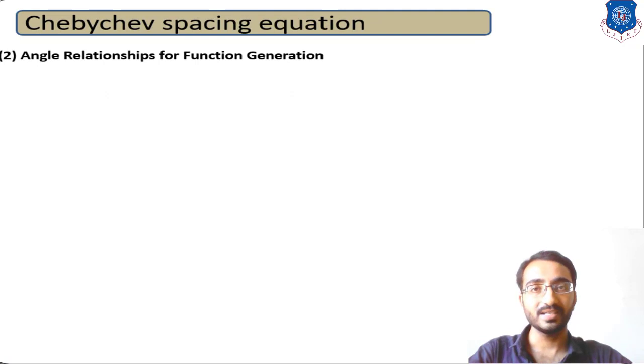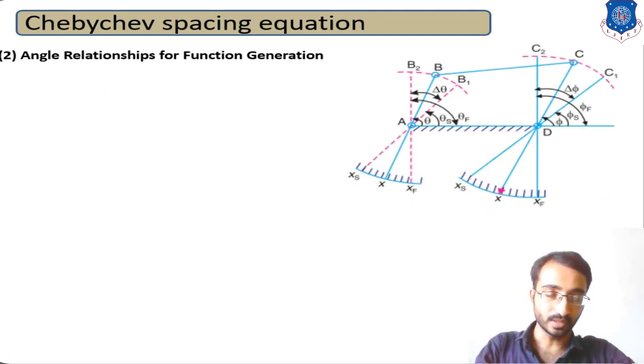Okay, now the next one, the Chebyshev spacing equation for angle calculation. To calculate the angular displacement, for example, let's consider a 4-bar chain mechanism A, B, C and D. Okay, so this mechanism,